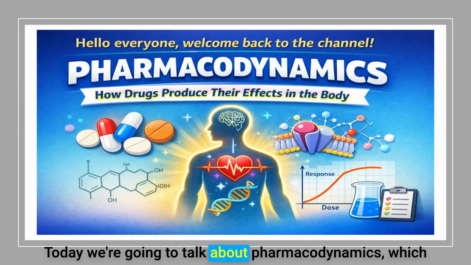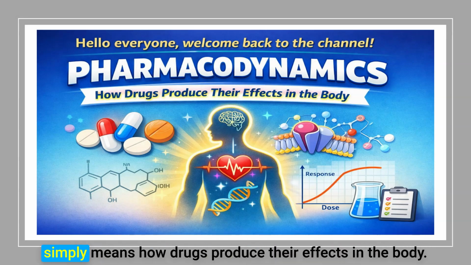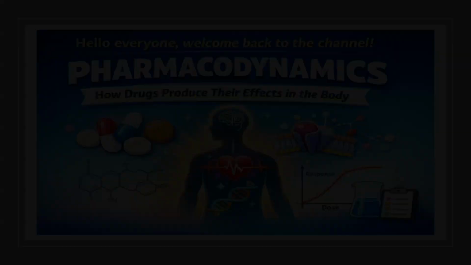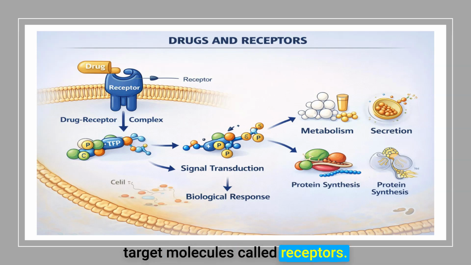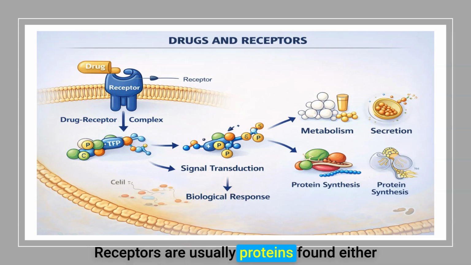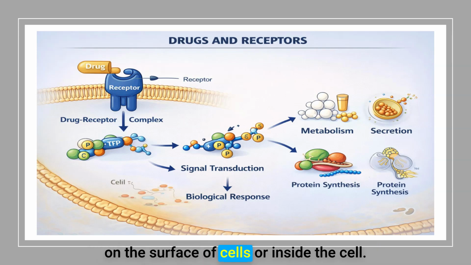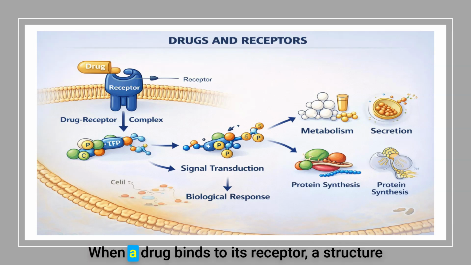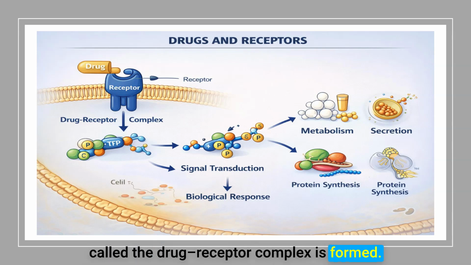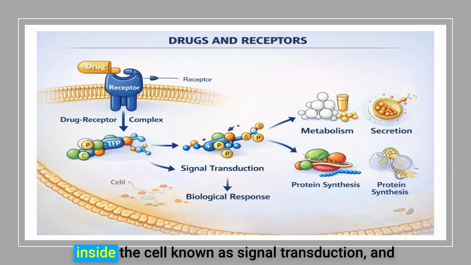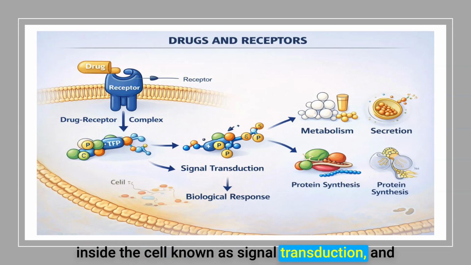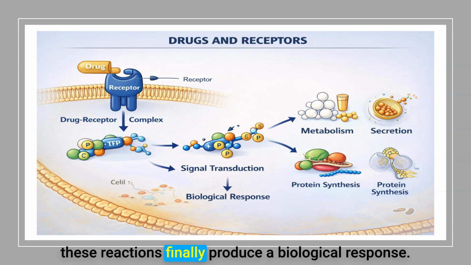Today we're going to talk about pharmacodynamics, which simply means how drugs produce their effects in the body. Most drugs work by binding to special target molecules called receptors. Receptors are usually proteins found either on the surface of cells or inside the cell. When a drug binds to its receptor, a structure called the drug-receptor complex is formed. This activates a chain of biochemical reactions inside the cell known as signal transduction, and these reactions finally produce a